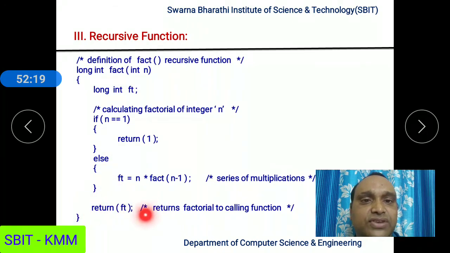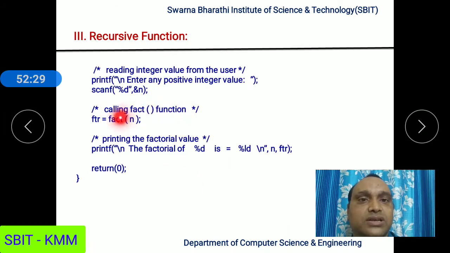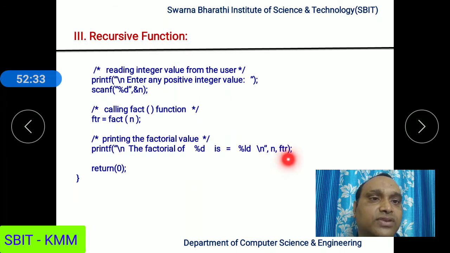Finally, the fact function returns the ft value. That is, if the n value is 4, the factorial of 4 is 24. The value 24 is returned back to the main function. That value 24 is stored in ftr. We are printing the content of the ftr variable here. So whatever factorial program we wrote previously using the iterative concept, the same